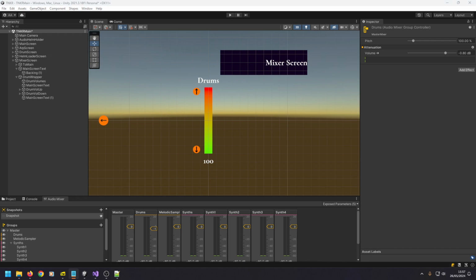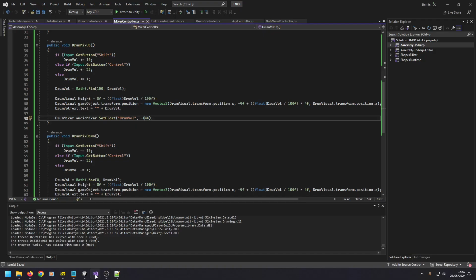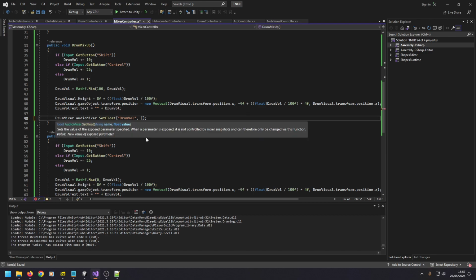Now we need a little bit of maths hacking, because we've got a linear volume bar and audio volumes are logarithmic. So if you don't do this, you get very little control over the actual perceptual volume of things, because most of our volume detection is near the top. But I've stolen some maths elsewhere, and I'm going to do an incredibly hacky bit of maths in here. So I'm going to do an inline if statement. As I say, this is going to be super hacky. But if the drum vol